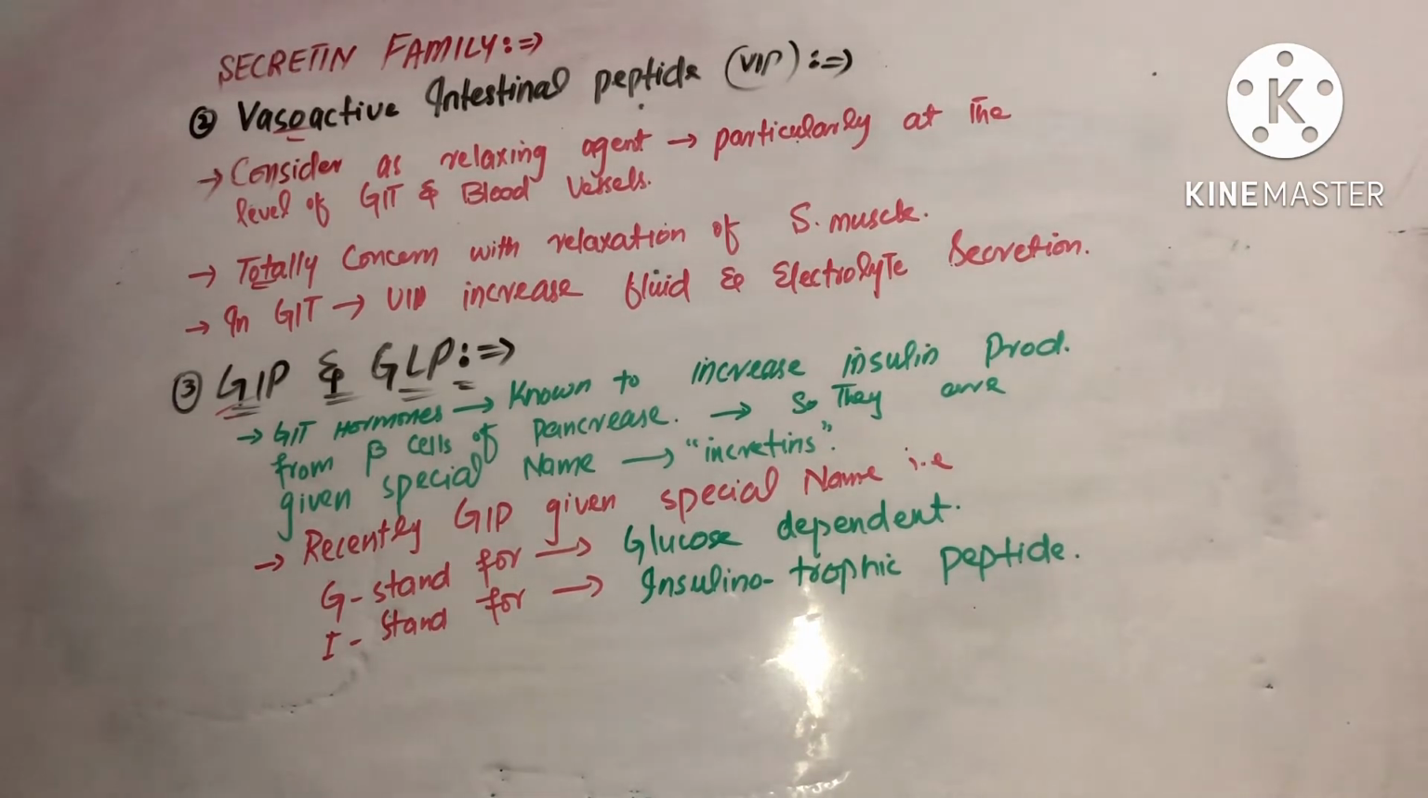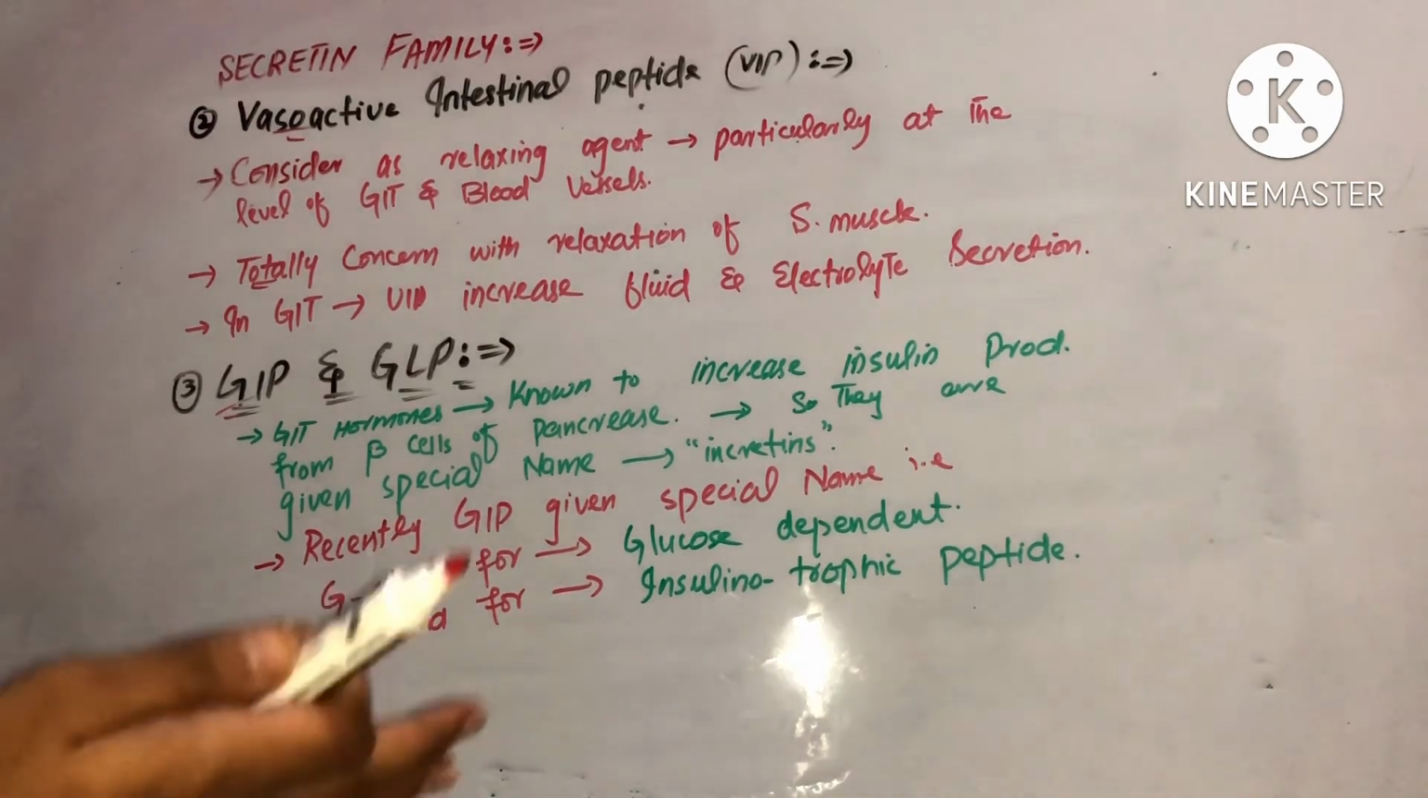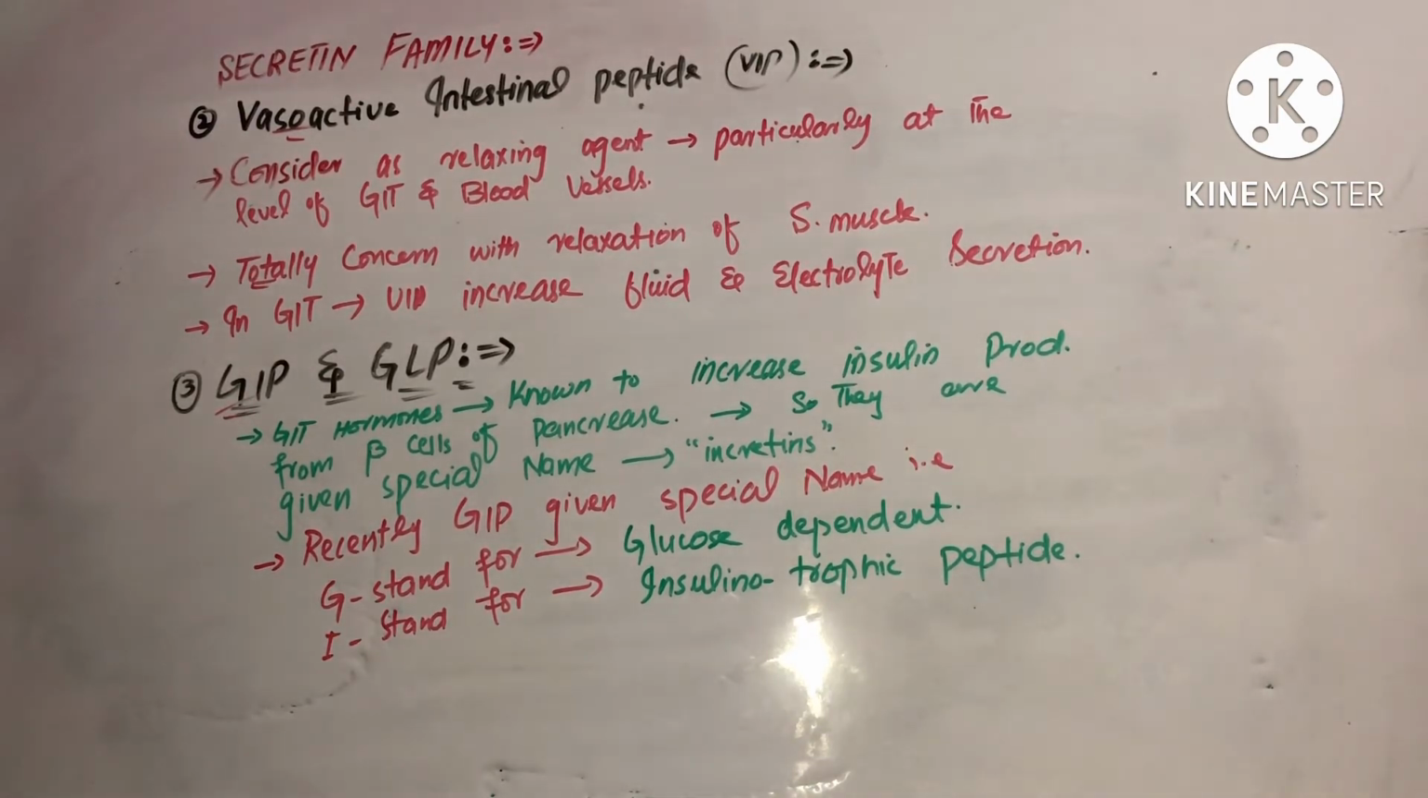The other two hormones belonging to the secretin family are GIP and GLP. The first is gastric inhibitory peptide, and the second is glucagon-like peptide. These are the two hormones known to increase insulin production from the beta cells of the pancreas. Because of this increased insulin production, they are given a special name called incretins. Recently GIP was given a new name, in which the G stands for glucose dependent,